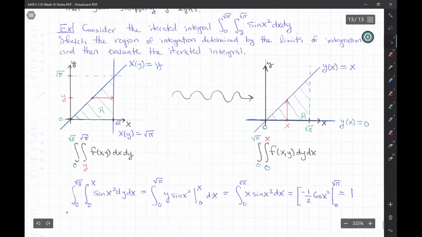And now let's compute this double integral. So I'm integrating over y. Sine x squared is constant when I'm integrating over y. And so you'll get just y times sine x squared. Now plug in the bounds, 0 and x. So you plug in the bounds into y, because that's the variable we just integrated. You'll get an x. And now this integral, you can compute with respect to x, because you can use u substitution. Use u substitution and compute, and you will get that expression. Plug in your bounds, and you get 1